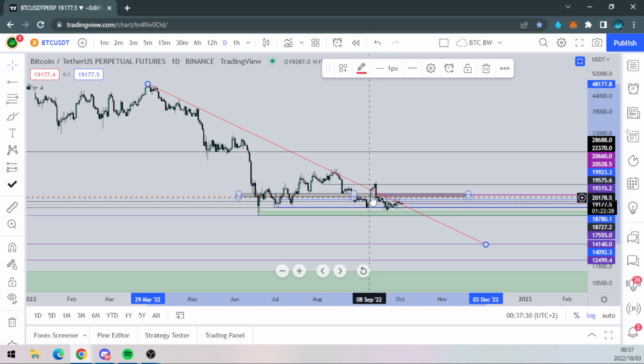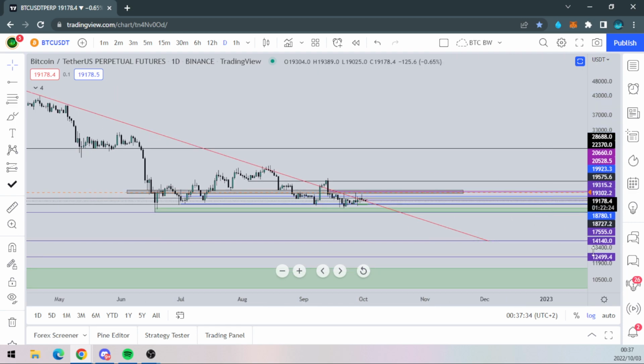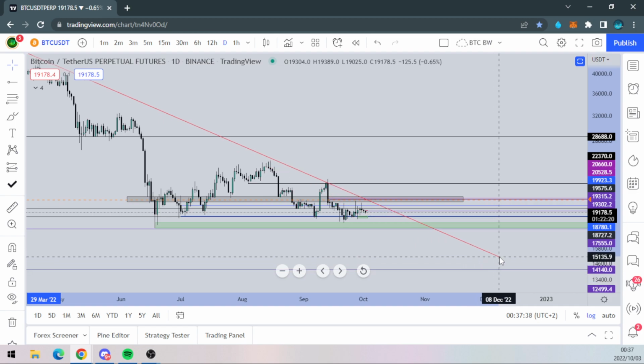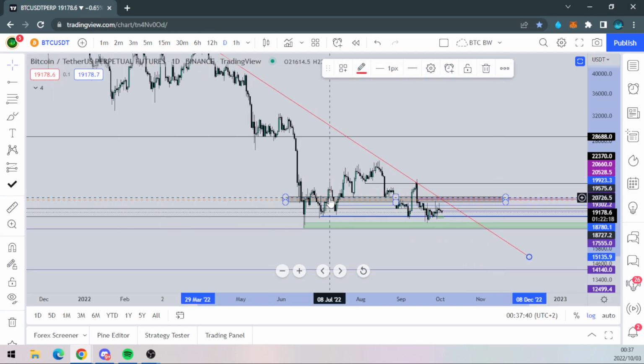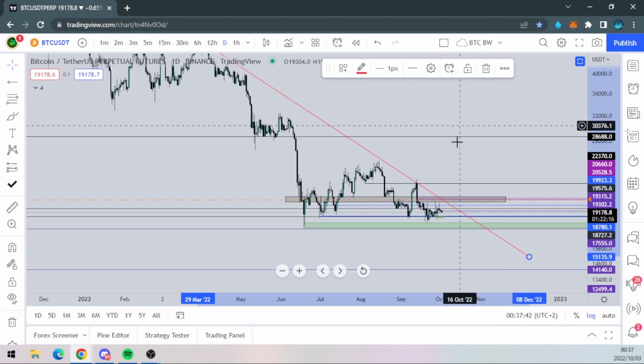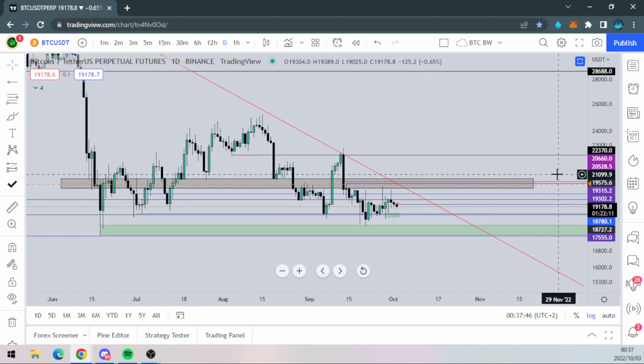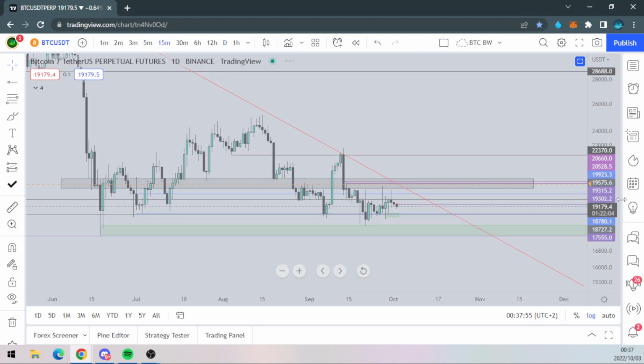So then once we break up here, but we rejected and came back down, we move the trend line to the candle body, highest candle body there, right? So this is going to be our sort of downtrend line that we'll follow now. Right, on the lower time frames,